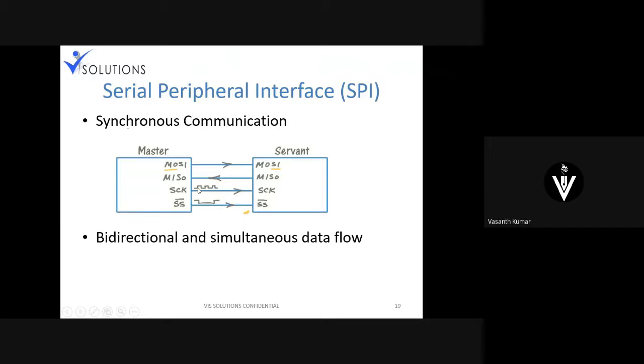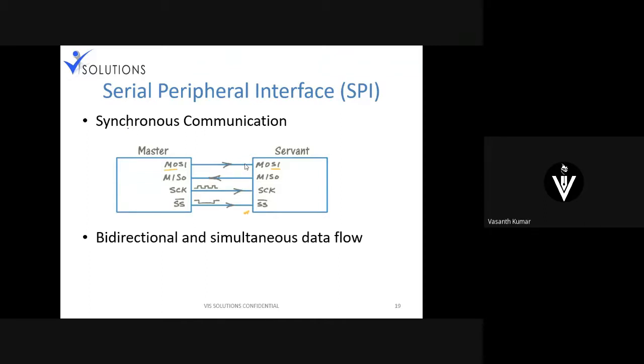And it will see the clock pulse. Based on the clock pulse, it will try to collect the data from the MOSI. And if it wants to talk back, once again, it will send the data through the MISO. And here you can see, since there are 2 different lines for transmission and reception between the master and slave, this can be bidirectional and simultaneous, which means that it is full duplex. Getting it? Yes, this is full duplex. I2C is not full duplex.